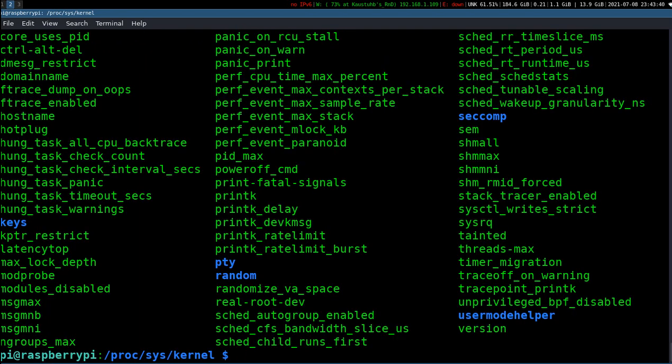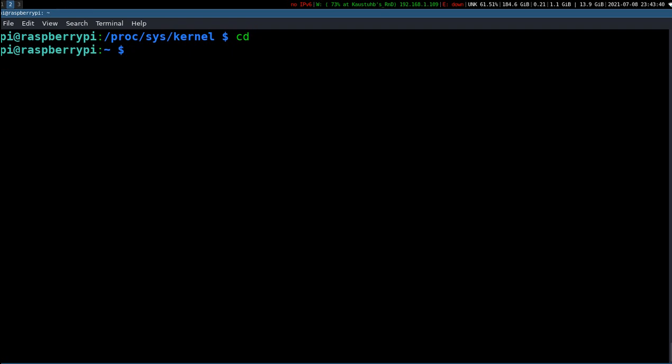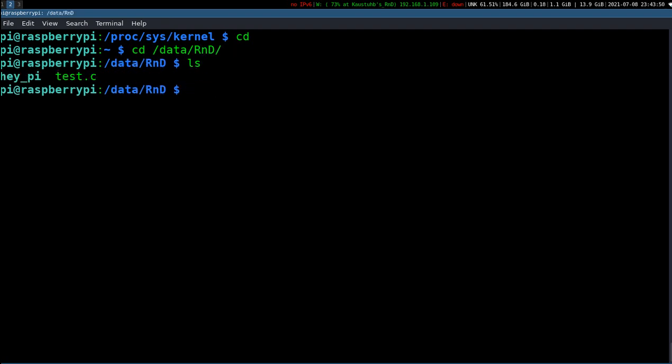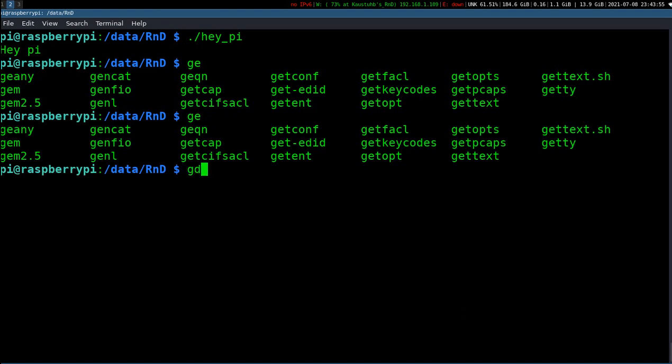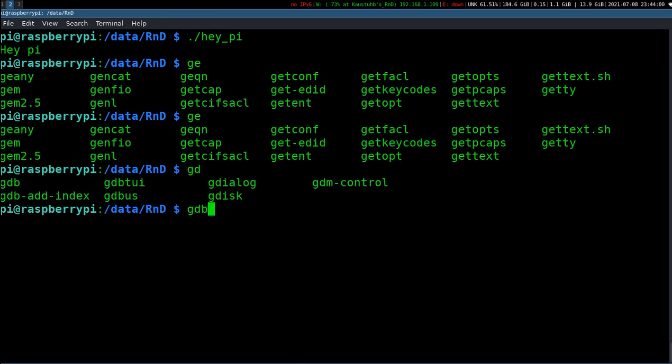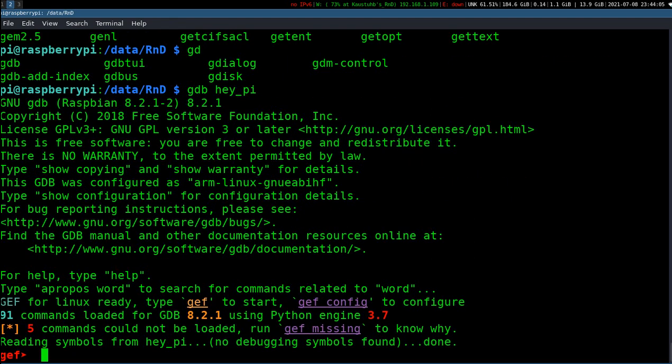Now let's fetch our freshly installed tool GEF. No, GDB heypi. Oh, so here we go.